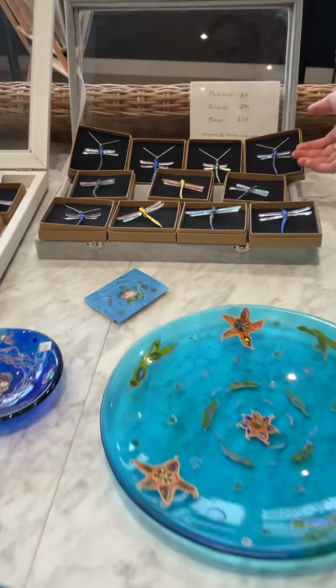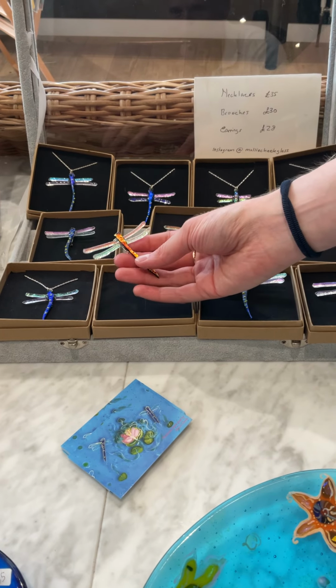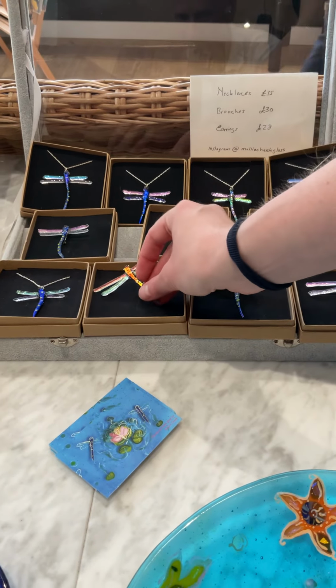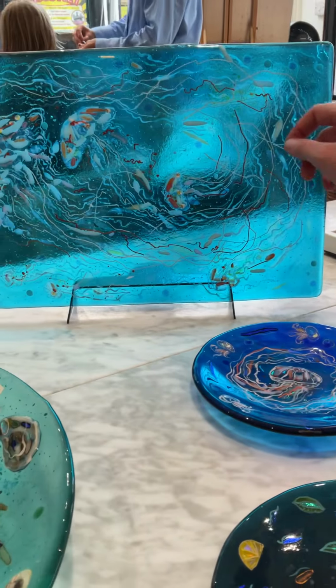So here are a collection of dragonflies that I've made. This one is a firecracker dragonfly, and they all change colour in the light when you move them, so it looks like they're fluttering. And over here is a jellyfish panel that I've created, and I like to use a